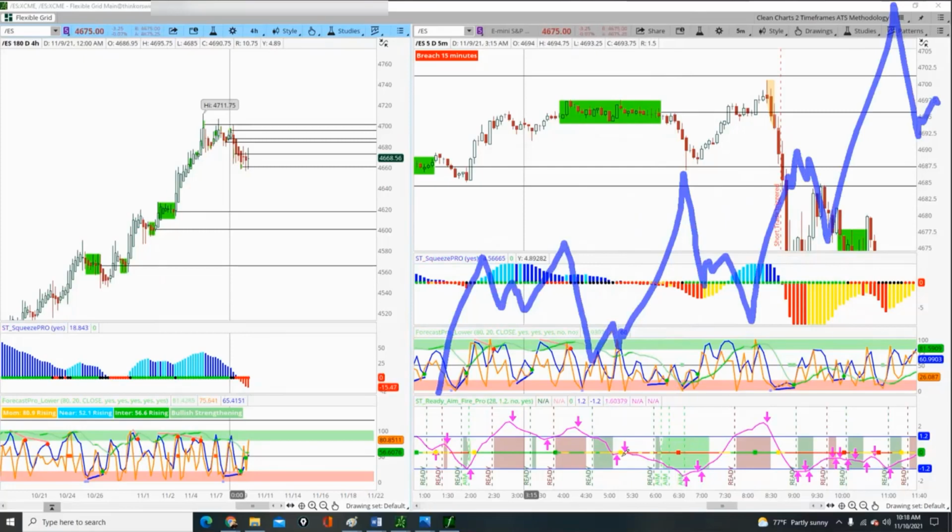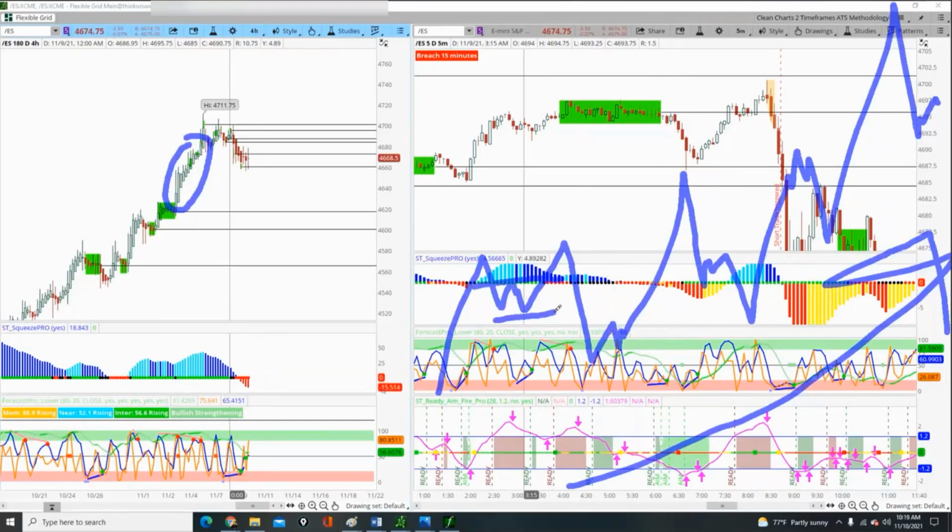That's how it really moves. The bigger frame, the bigger move is up, though. We know because we're in the trending phase. So here's what we do. This is where I talked about yesterday, right? We recognize on the smaller time frame